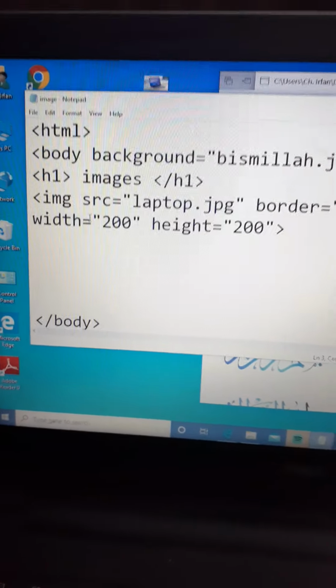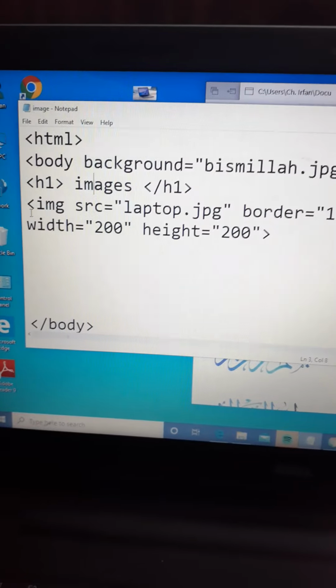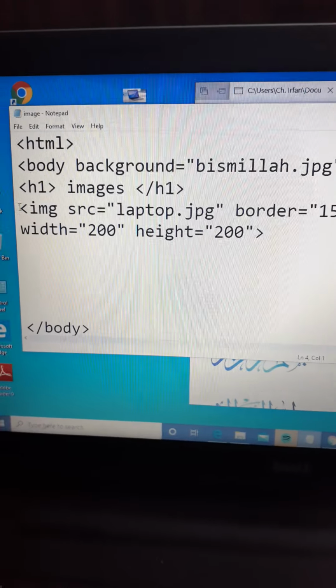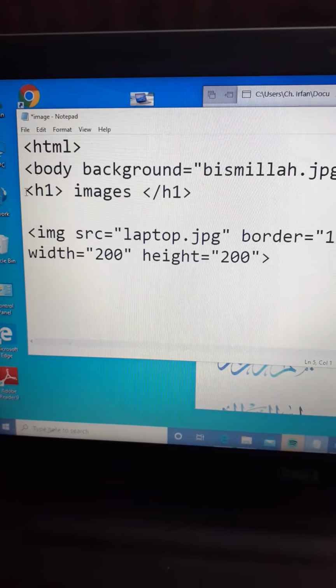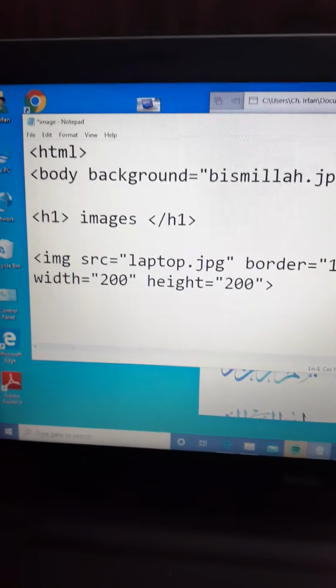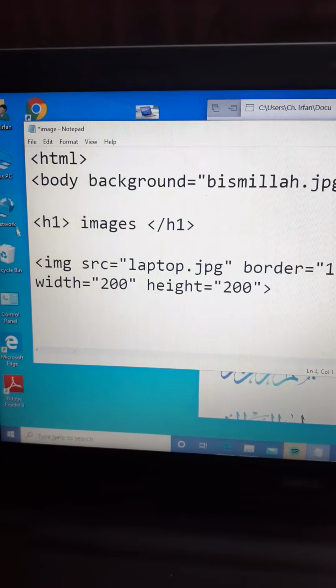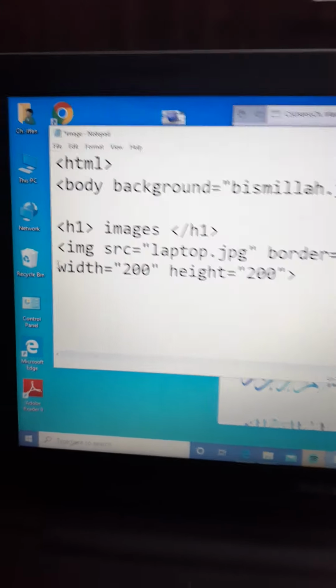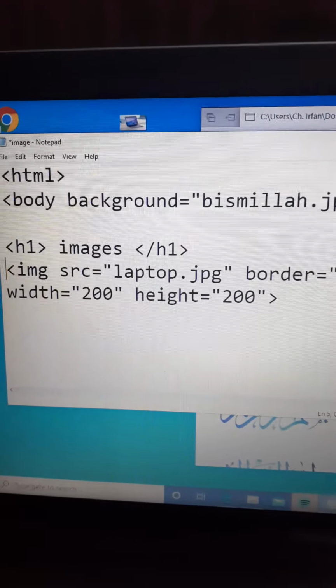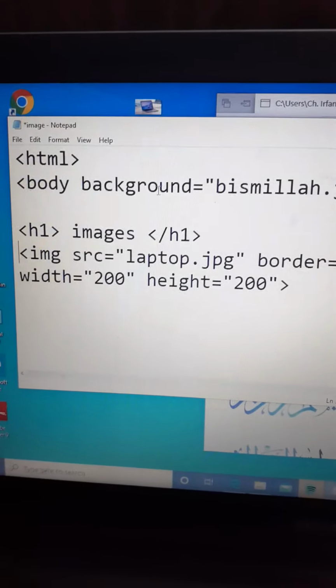Now see, this is the image tag. I have left it as it is. And H1 images, that was already written, I will not change it. So I have made changes in the body tag only. The body tag is, and the attribute is background.